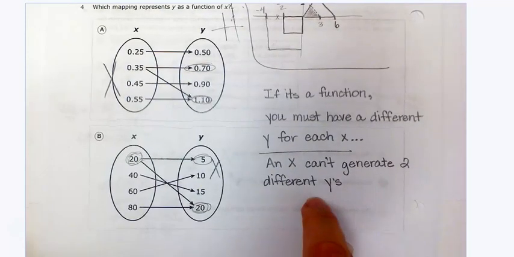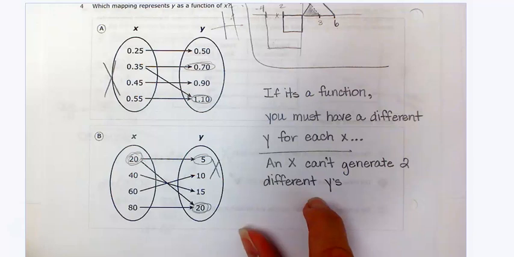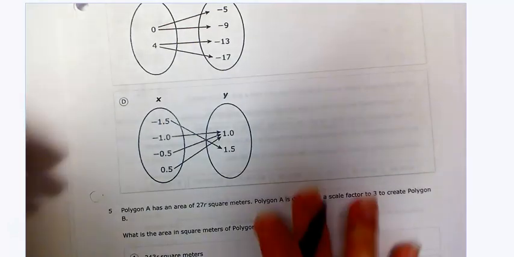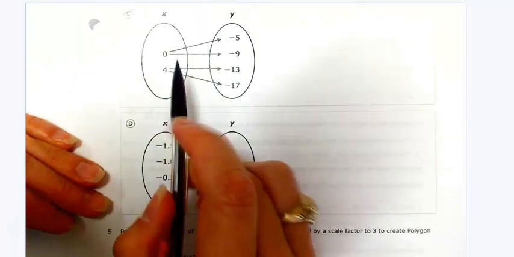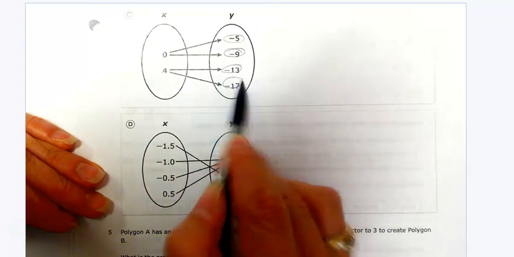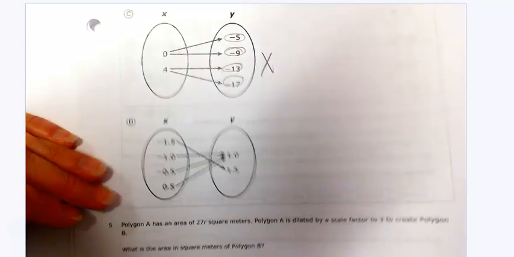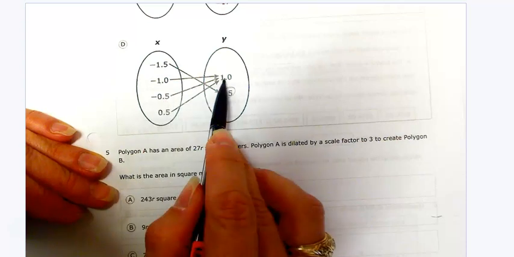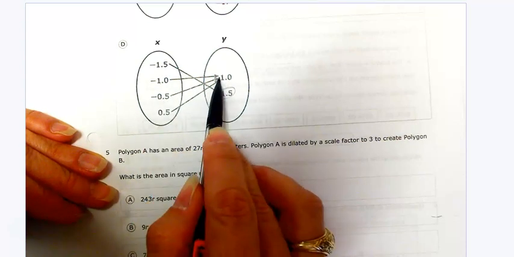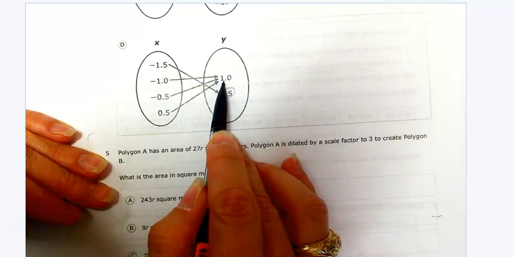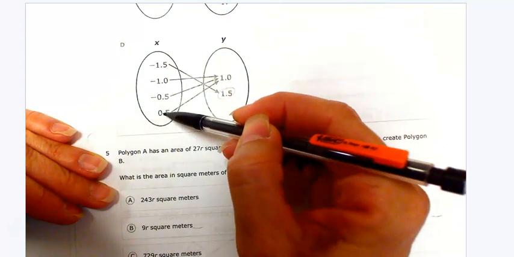Please make sure to write this down too. If it's a function, you have to have a different y for each x, and x cannot generate 2 different y's. Let's look at the other ones. Here, this x generates 2 different y's. This x generates 2 different y's. That's a no. Okay, this x generates this y. This x generates this y. This x generates this y. This x generates this y. You don't have any x values